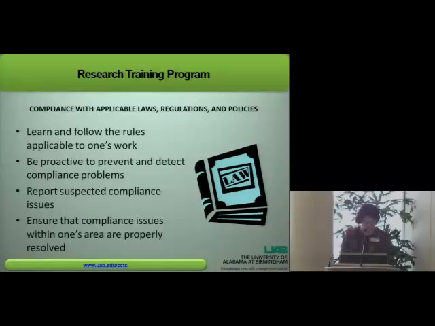It's also important in this element to remember that compliance issues should be brought forward to an appropriate office within the organization so that it can be addressed and resolved. And as organizations develop plans to resolve issues, anyone with a position of responsibility to carry out corrective actions does so. Again, we'll talk a little bit more about follow-up on compliance issues in a later slide.